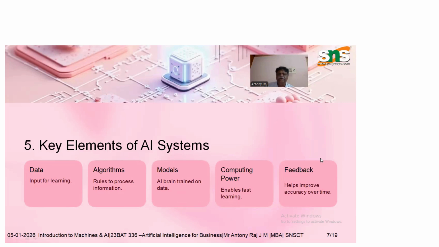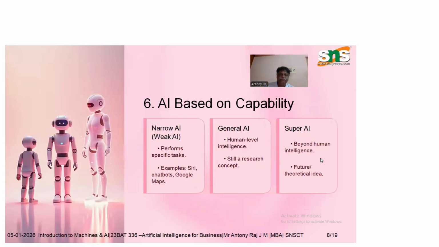The fourth one is the computing power, which enables fast learning, and the feedback helps improve accuracy over a period of time. AI based on capability, we have 3 here: narrow AI, which is a weak AI. They perform specific tasks. For example, Siri, chatbots, and Google Maps are narrow AI. General AI is the human level of intelligence, and it is still at a research stage. And super AI is intelligence beyond human beings, and it is a future theoretical idea, but the day is not going to be very far